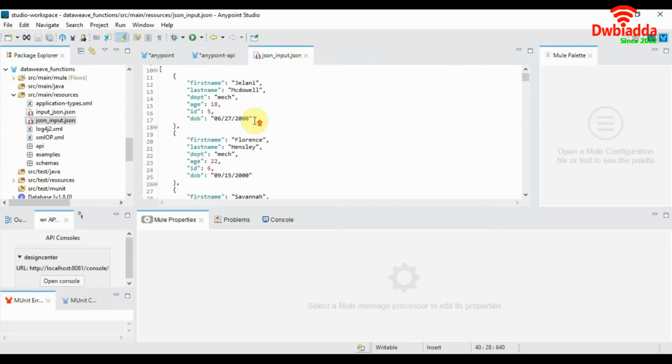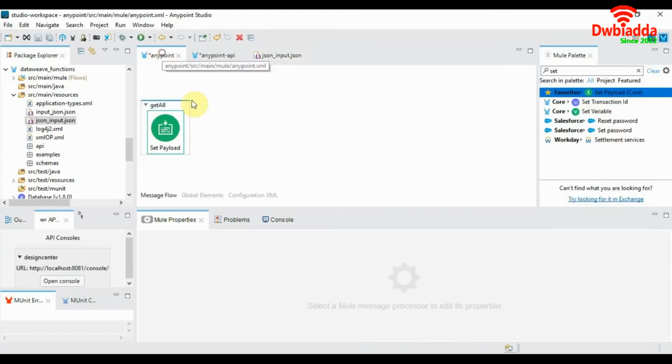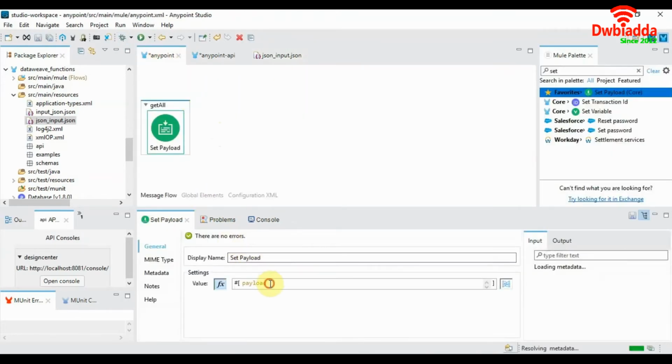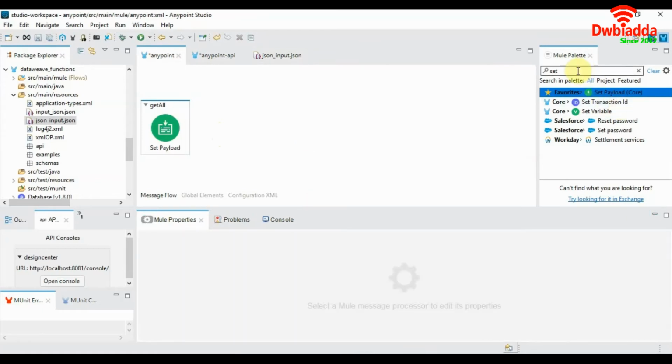So we have an array of student objects with us. So we'll just copy this and paste it in our payload. And now the payload contains an array of student objects.